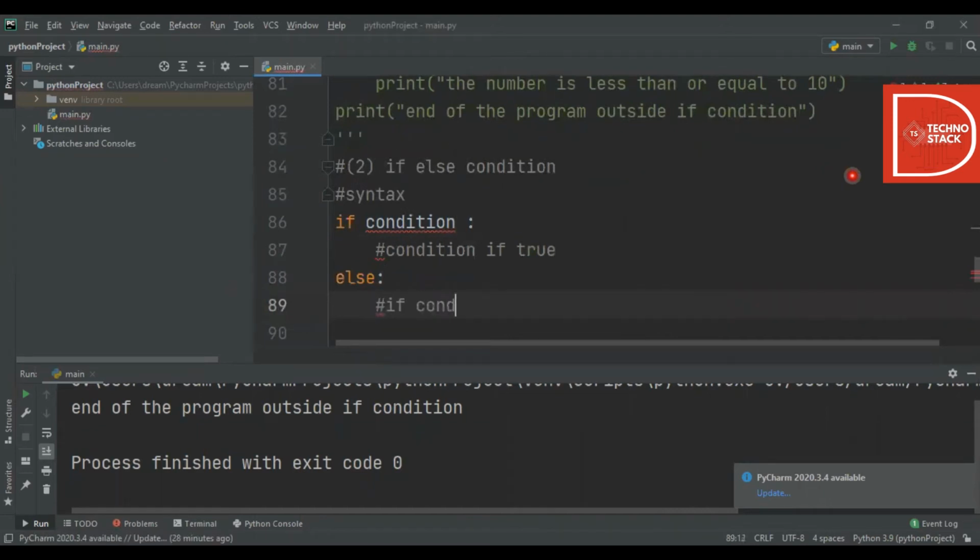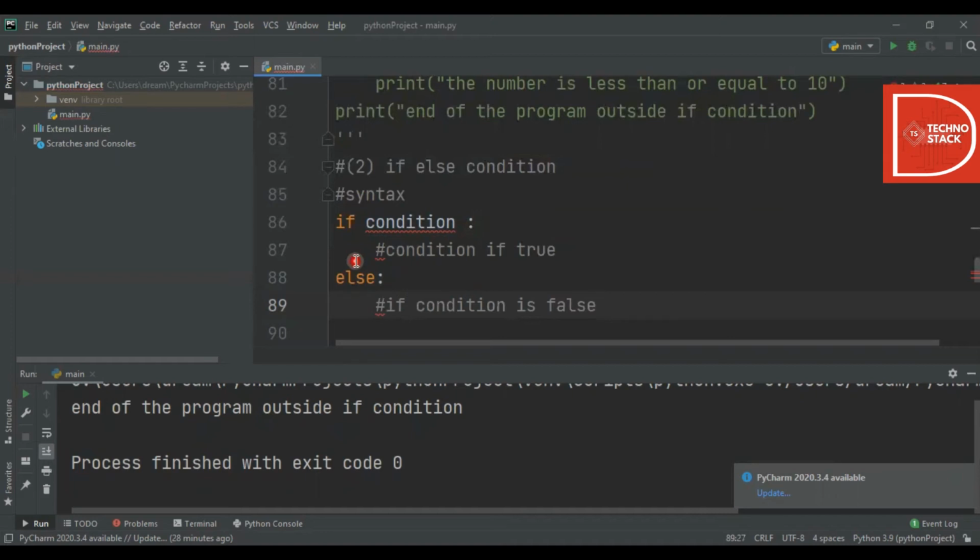if the condition is false, this statement runs. Okay, so it's similar to any other programming language, just the difference is here you don't have to enclose it within round brackets. The condition, you can put it as it is. You have to put a colon after the if condition, you have to put a colon after the else condition, and you have to keep indentation. Anything out of the indentation will be considered outside the if block statement.